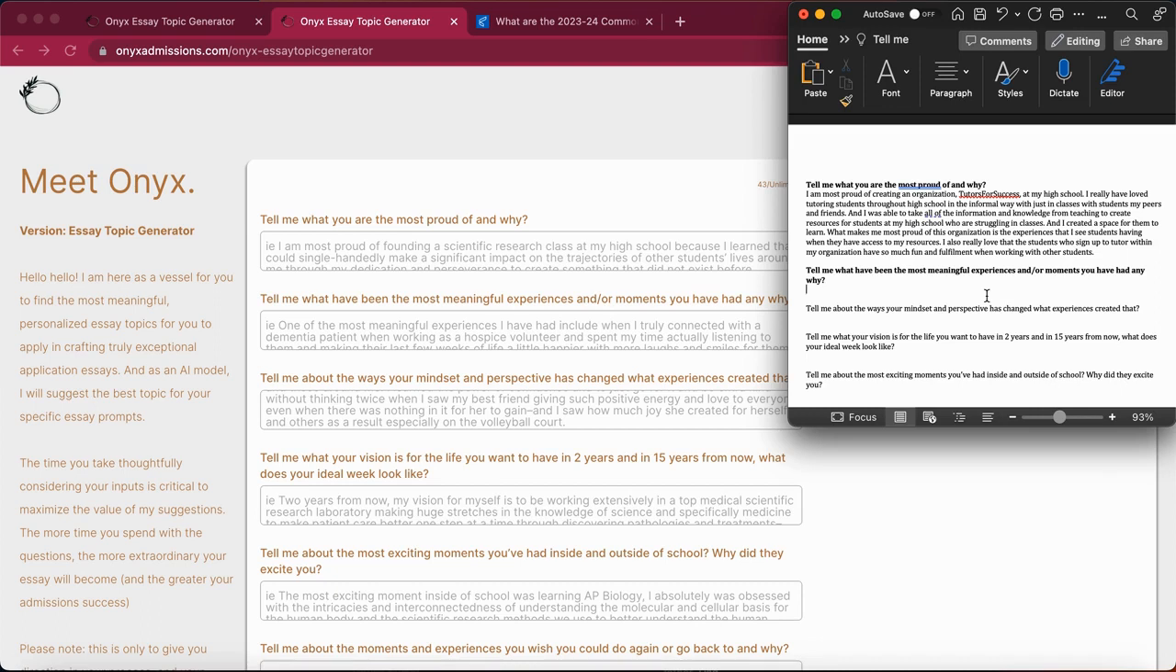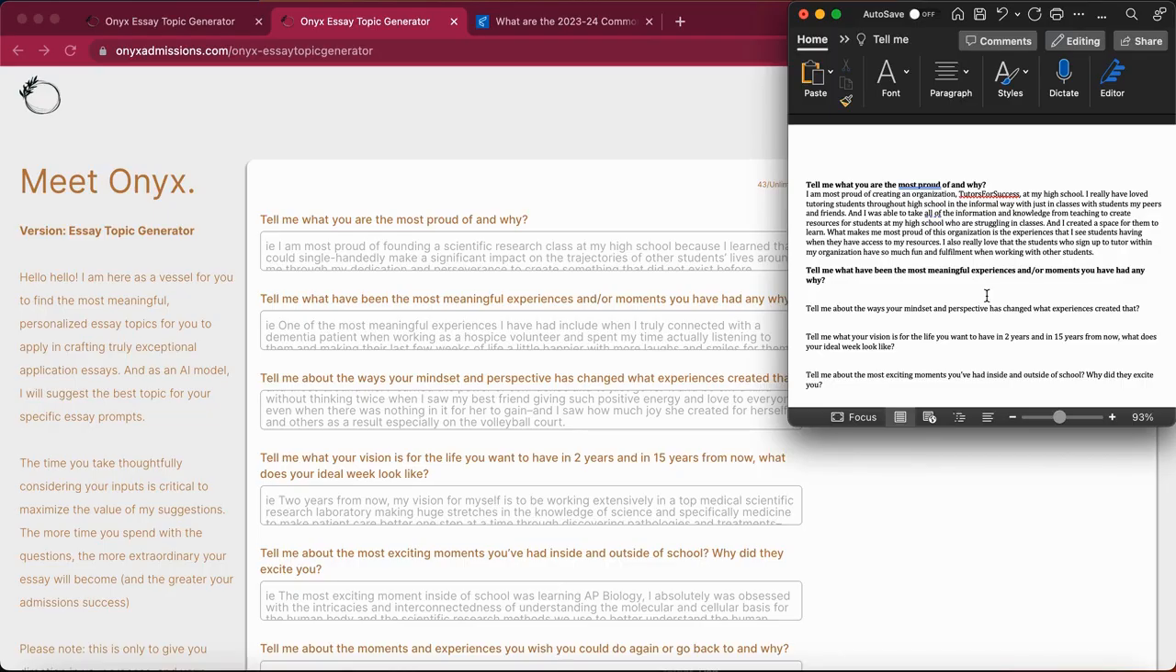The more you give here and the deeper you dive, the better the essay topic generation will be for your essay prompt. So let's have a look now at the next prompt. Tell me what has been or have been the most meaningful experiences or moments you've had and why. So really, keyword here is the moments, those individual experiences. So as a tutor,